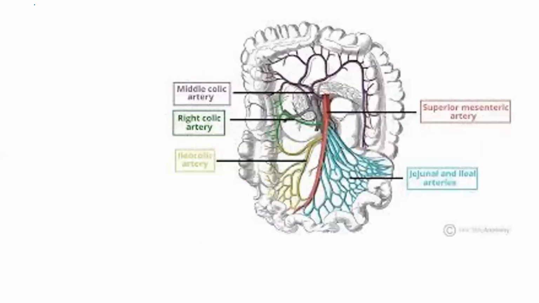Now coming to the second topic of today's presentation, superior mesenteric artery. So what are the things that you already know about that? It is a ventral branch of the aorta, vertebral level, lower border of L1. What is it going to supply? Structures that are going to be derived from the midgut.